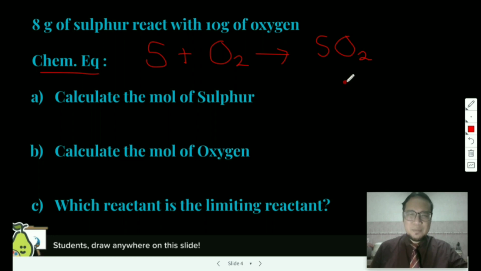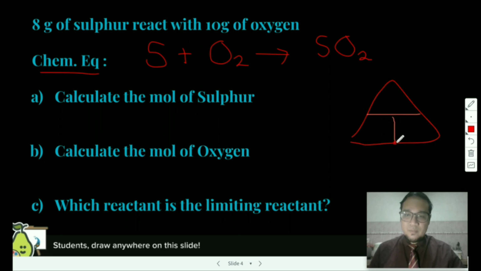The second step is for you to determine whether it is balanced or not. As you can see, both sides are already balanced. Now let's move on to your first question: calculate the mole of sulfur. So how are you going to come up with the value of mole of sulfur? Yes, you have this formula: mole equals